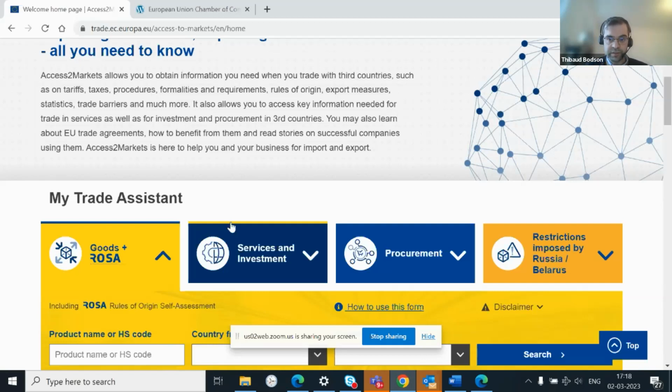So three service sectors for two countries, and those two countries are the UK on the one hand and Canada. However, it's also important to stress that the platform will be massively expanded over the course of this year, so that by the end of the year, operators should be able to find information when it comes to the supply of more than 100 different service sectors.